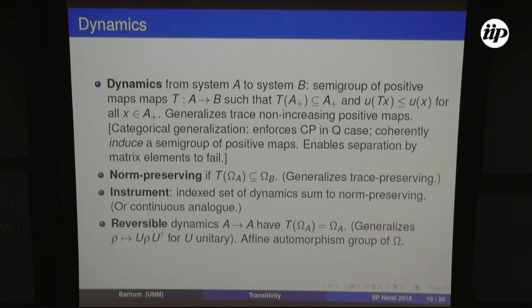That's the monoid operation, which is where the name monoidal comes from. Symmetric refers to the fact that A composed with B is the same as B composed with A. It's nice in a lot of ways. It enforces complete positivity in the quantum case. And we might actually generalize the notion of dynamics to just say that,